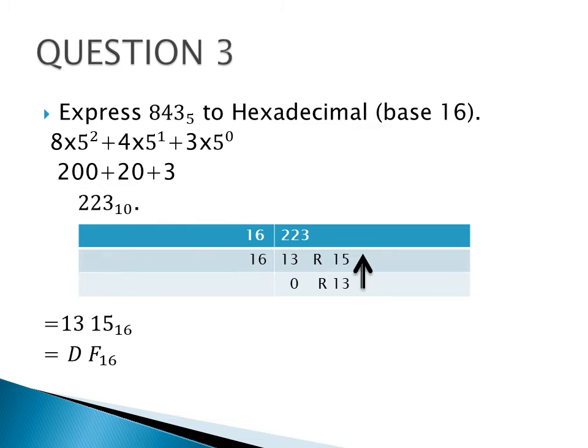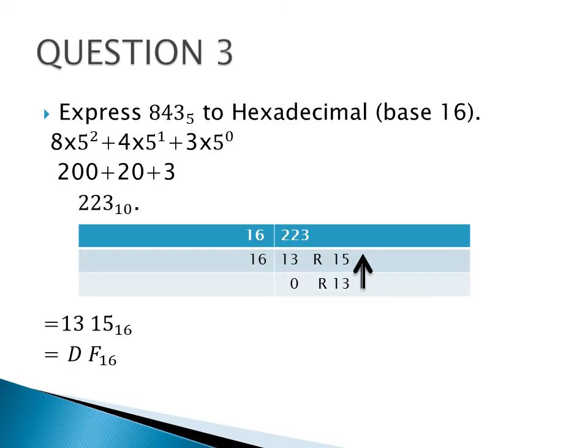Next, we should take 843 base 5 to hexadecimal. Hexadecimal means base 16. So taking 843 base 5, we need to say 8 times 5 raised to power 2 plus 4 times 5 raised to power 1 plus 3 times 5 raised to power 0. Now we all know that 5 raised to power 0 is going to give me 1. 1 times 3 is 3. Then 5 raised to power 1 is 5. 5 times 4 is 20. Then 5 raised to power 2 gives me 25. Then 25 times 8 is 200. So adding everything together, I'm going to have